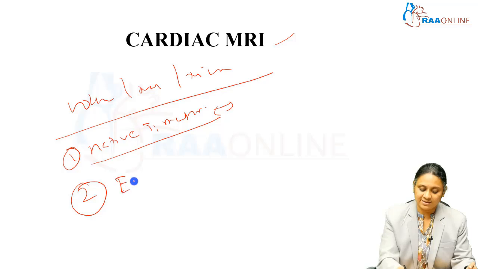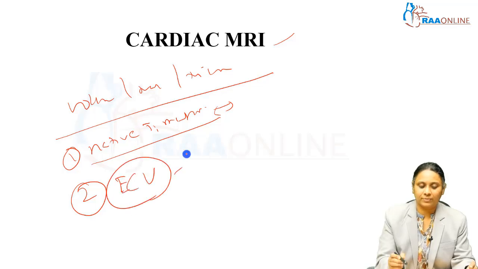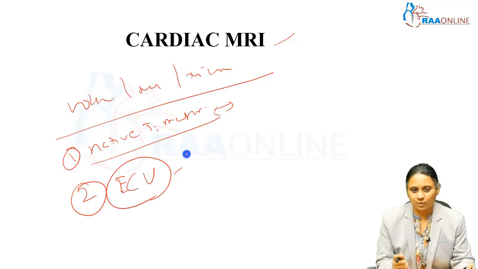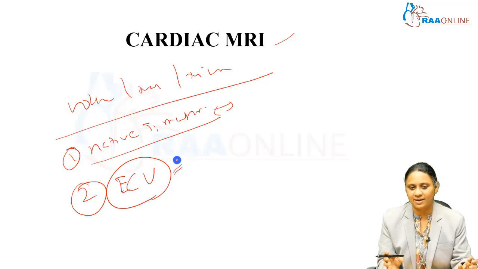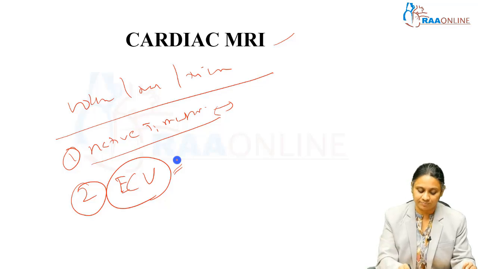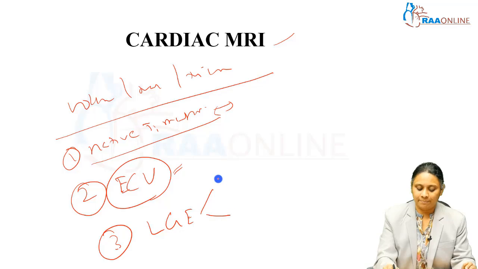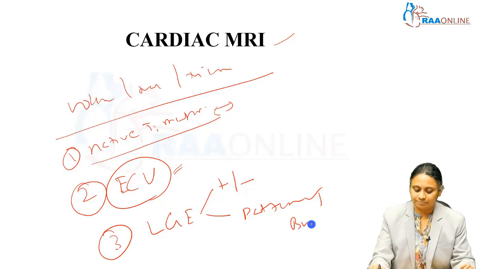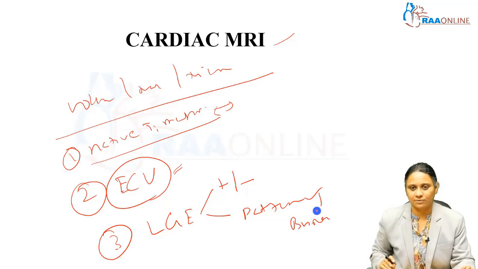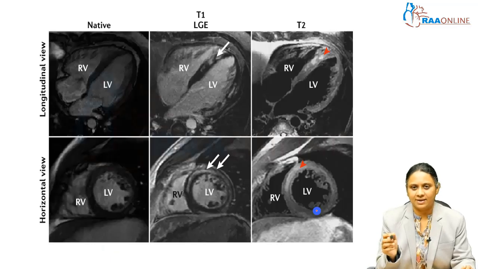The second one is the extracellular volume. Increased extracellular volume can be identified by inbuilt software, along with its distribution. Third, late gadolinium enhancement: the presence or absence, the pattern, and the burden of late gadolinium enhancement. We'll see examples of each of these. So we can see the native T1, this plain MRI without any